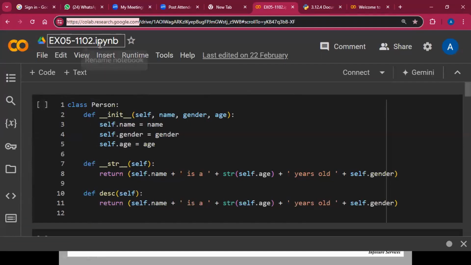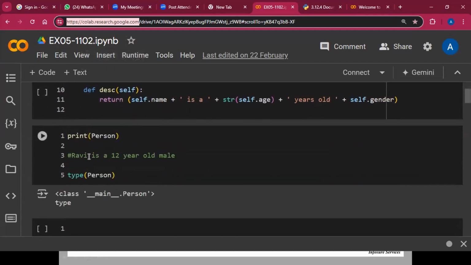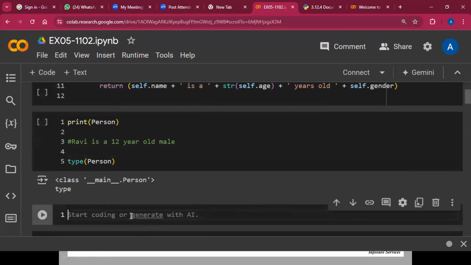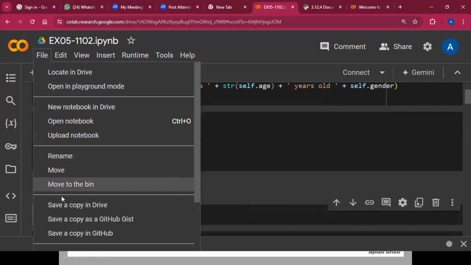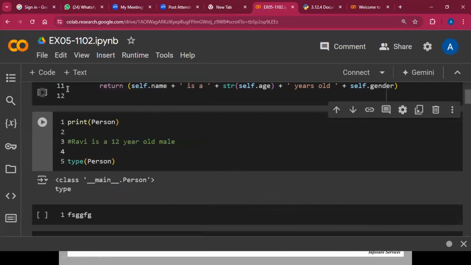So you can save it as files. Each cell, you can add a new cell by clicking a code cell. You click on code, it creates a new cell. And you can type some code here. And you can do File, Save to save a copy in Google Drive or save to the local. So the simple way is